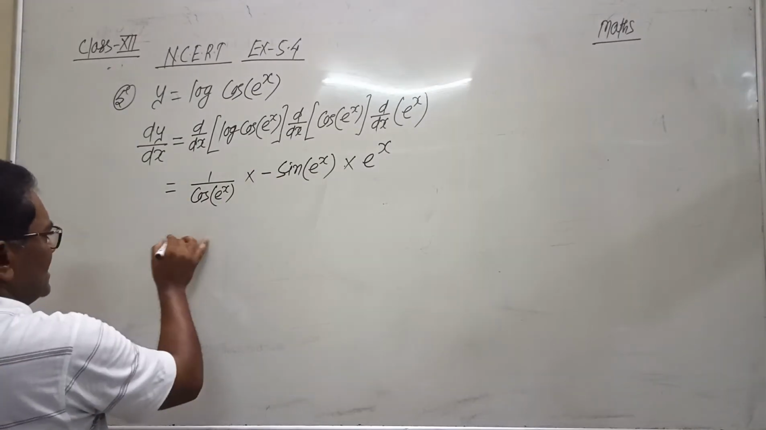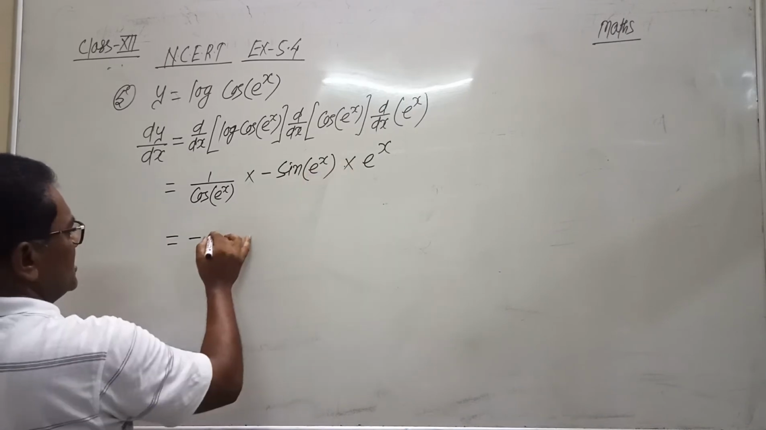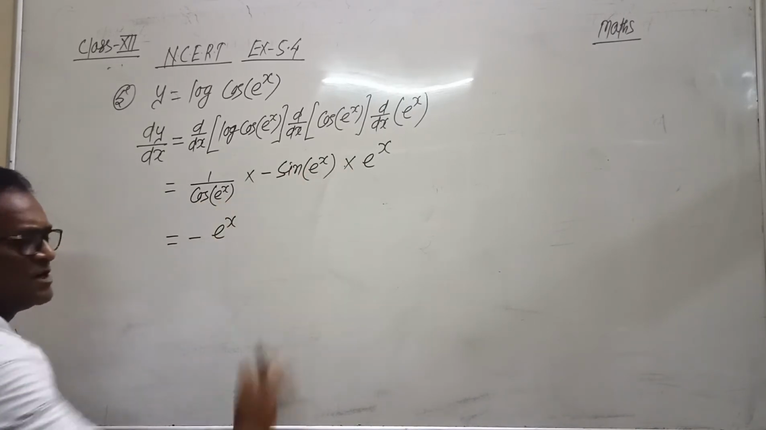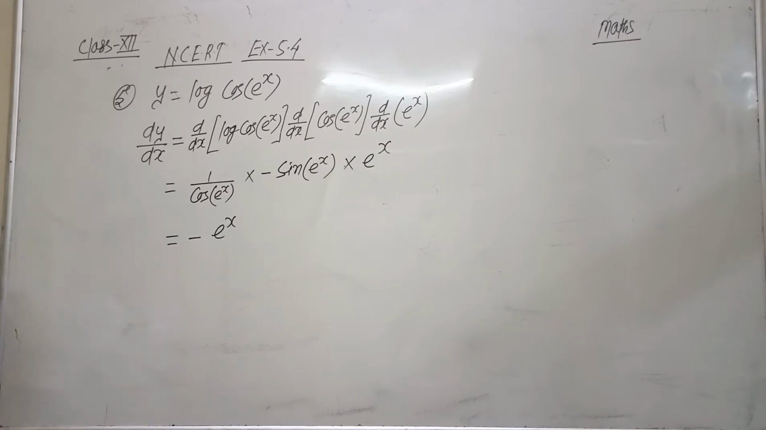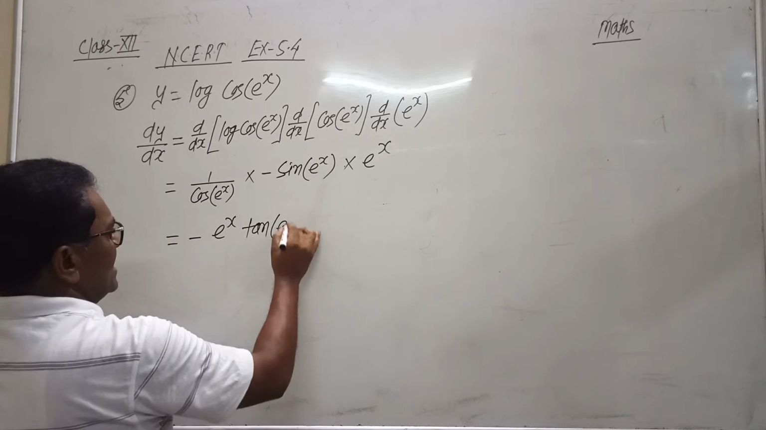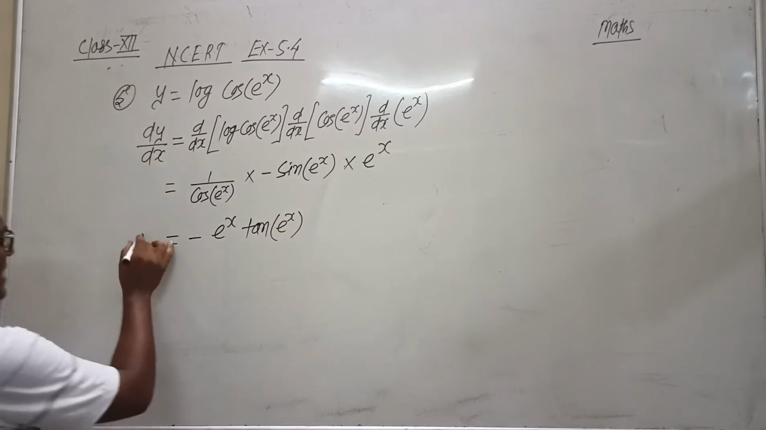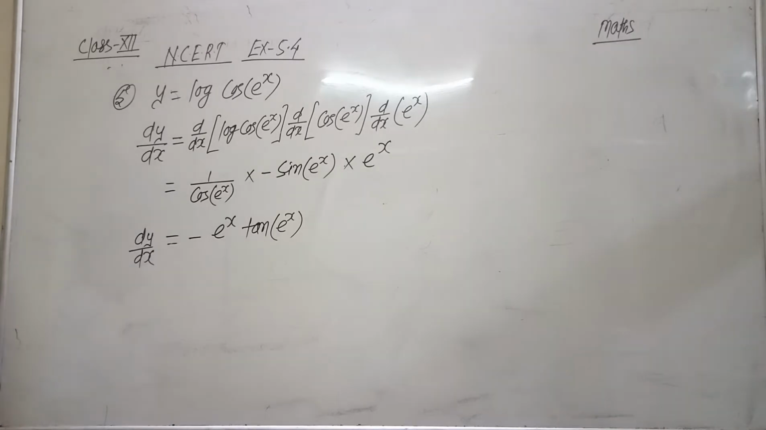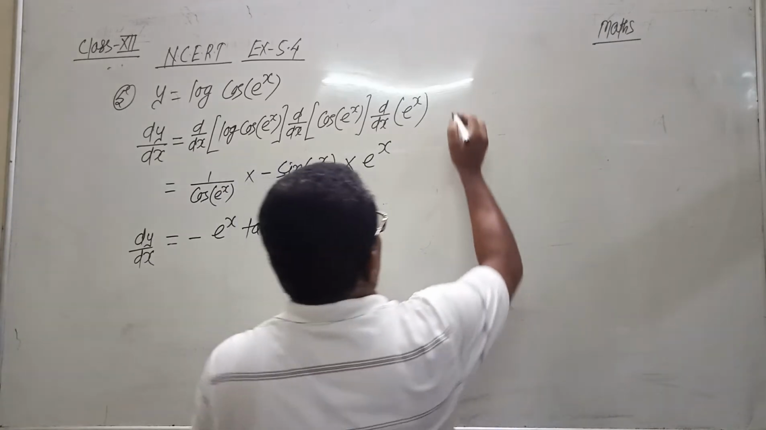So minus taken outside, e raised to the power x, and sin theta by cos theta, sin e raised to the power x upon cos e raised to the power x. The result is tan of e raised to the power x. So this is dy by dx, minus e raised to the power x and tan e raised to the power x. Next question, y equals